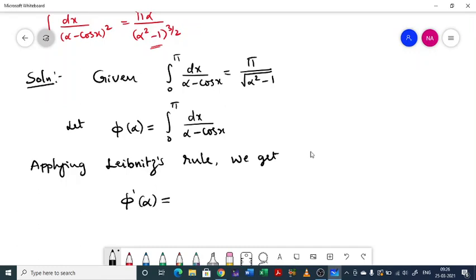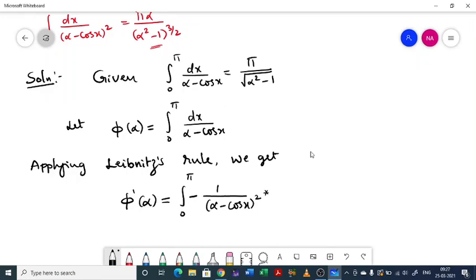So left hand side will be phi dash of alpha equal to integral 0 to pi. So here you have a function in both x and alpha, so partial derivative should appear here. So derivative of 1 by alpha minus cos x is similar to derivative of 1 by x. Derivative of 1 by x is minus 1 by x square. So it will be minus 1 divided by alpha minus cos x whole square